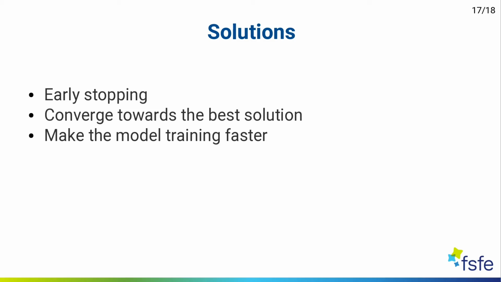But there are several solutions. You can use something called early stopping. If I go back to the example of the cake, if the cake is already burned, you know that there is no point in trying to increase the temperature further. You know that increasing the temperature will lead to a more burned cake, so it's pointless. This is the same with models. If the accuracy is not great, trying to increase the value of a parameter is not going to help. So you can stop and not try to increase this parameter further.